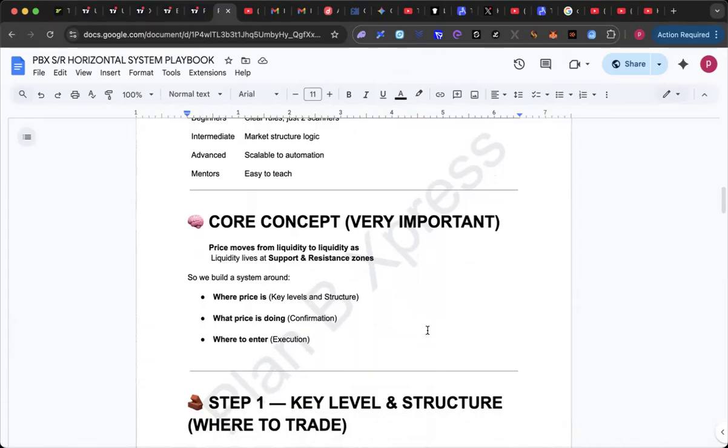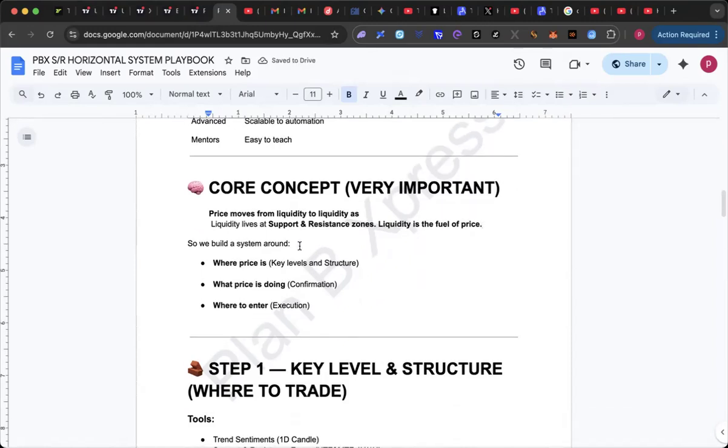So the core concept, very important. Price moves from liquidity to liquidity, as liquidity sits at support and resistance zones. And we know, without equally saying, liquidity is the fuel of price. And it's a popular saying that if you do not know where liquidity is, you're likely going to be the liquidity. So we build a system around